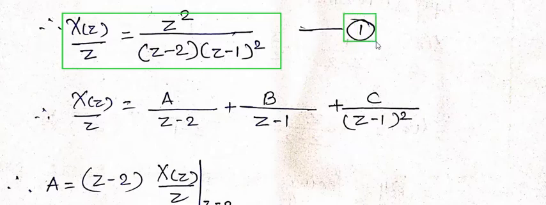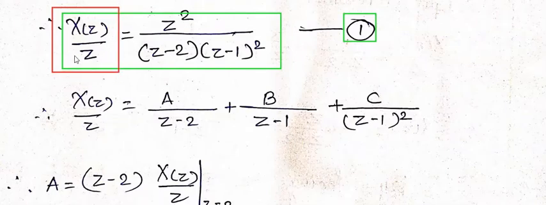It will be equation number 1. This is a purposeful arrangement, because at last you will get to know why we go for this arrangement: it gives us a slight favor in adjusting the terms in terms of either u of n or u of minus n minus 1. So let's solve it with the help of the partial fraction. Now it is in the appropriate format which we intended.